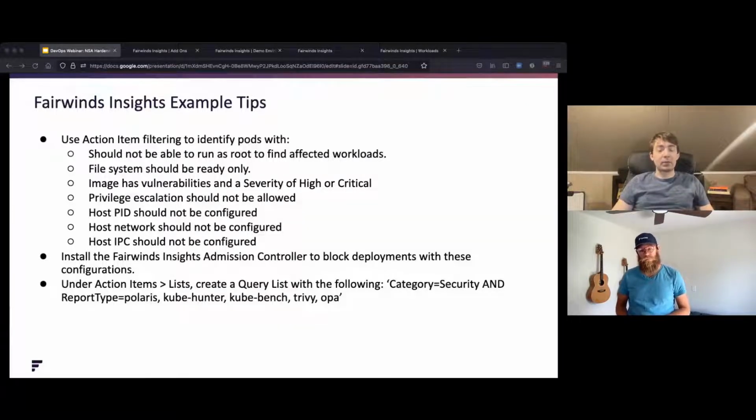So Insights can check for all the issues that the NSA highlights in the pod security section, as well as a couple others, as well as issues that relate to reliability and efficiency. So like making sure you're setting CPU and memory requests, making sure you're setting liveness and readiness probes, things like that. We can not only check for that to make sure anything in the cluster has those things, we